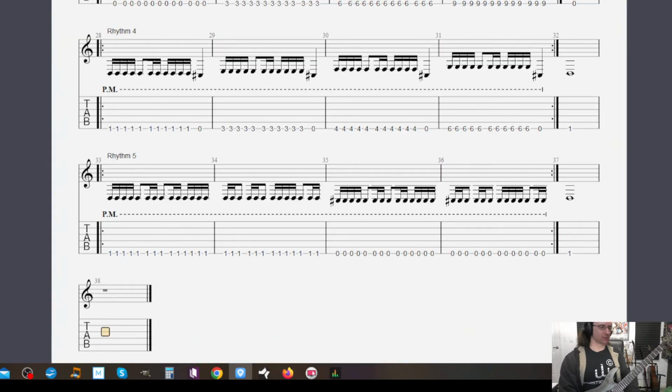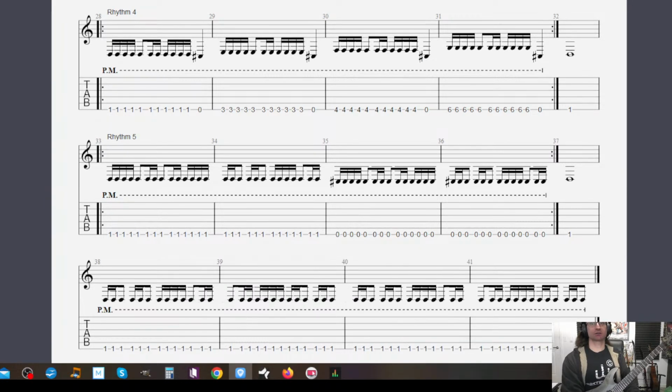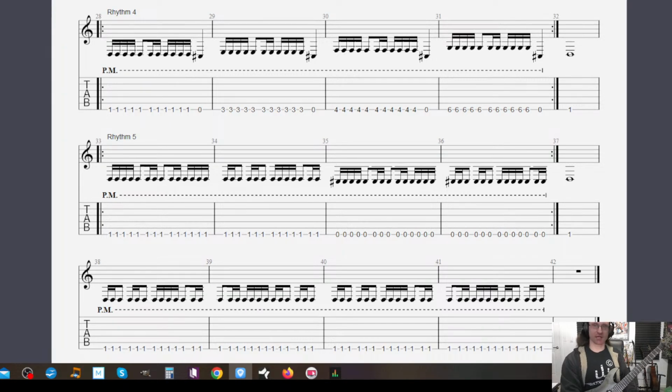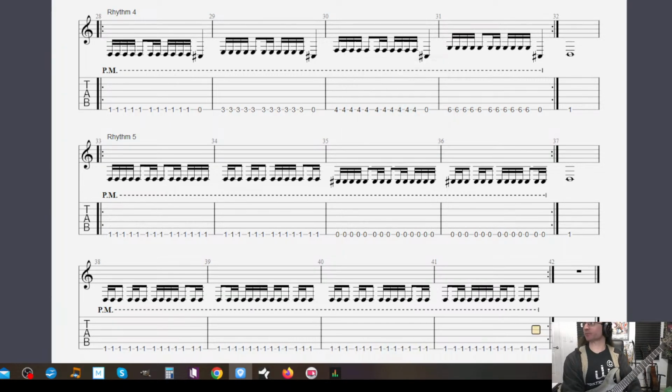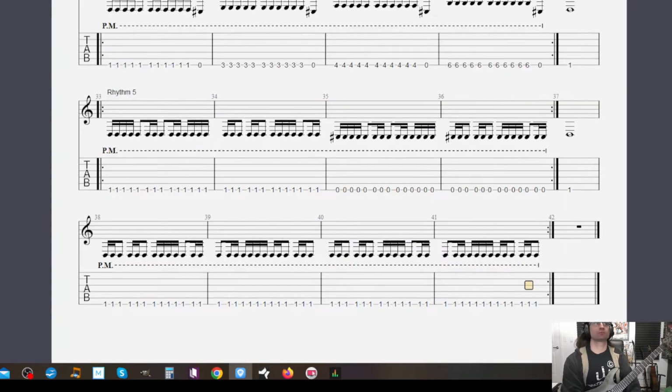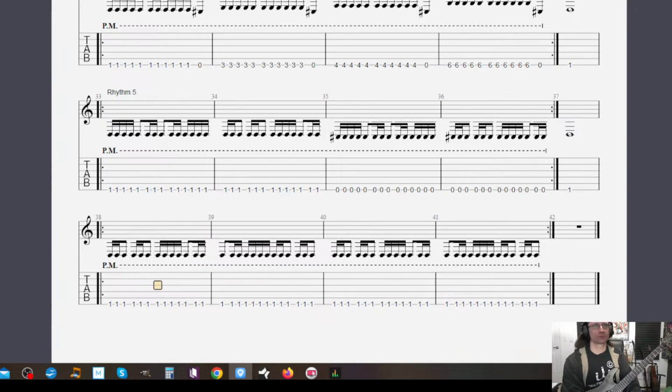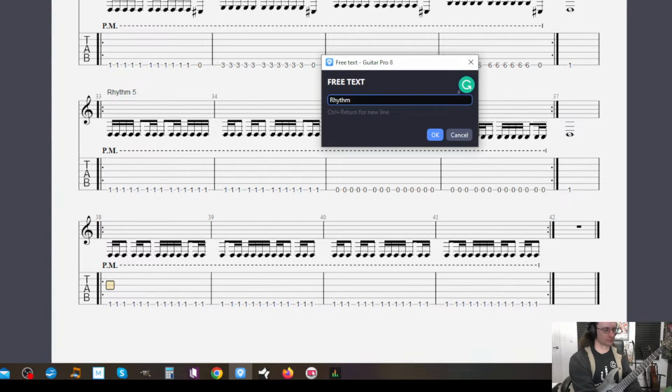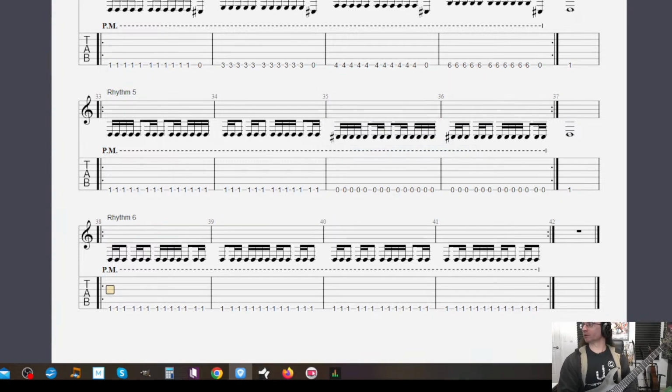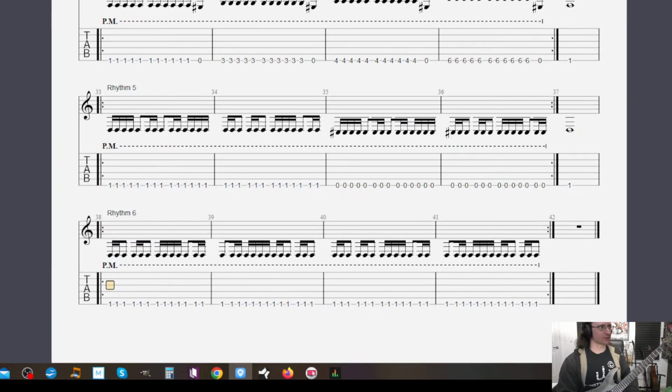Alright, so now we're going to take the second and third bar and make rhythm 6 from that pattern. Okay, save that.